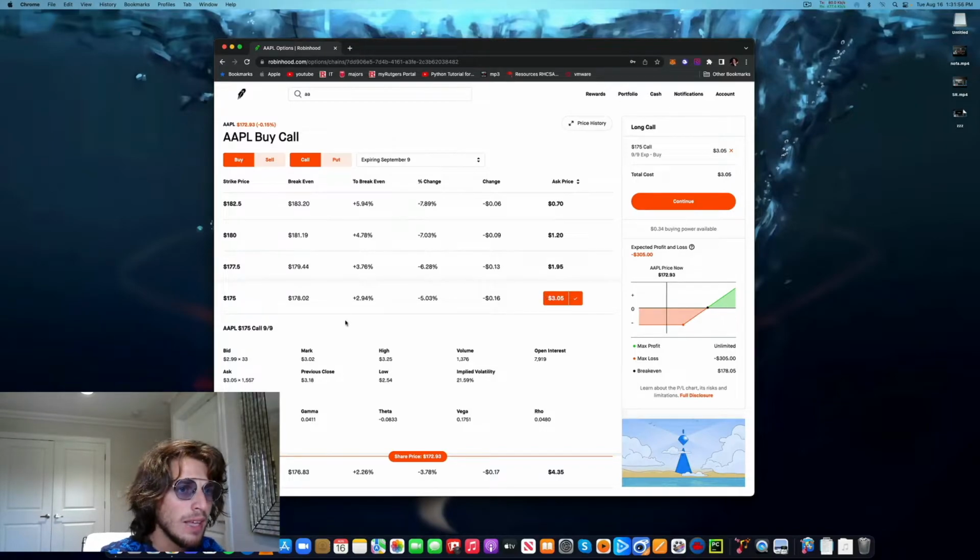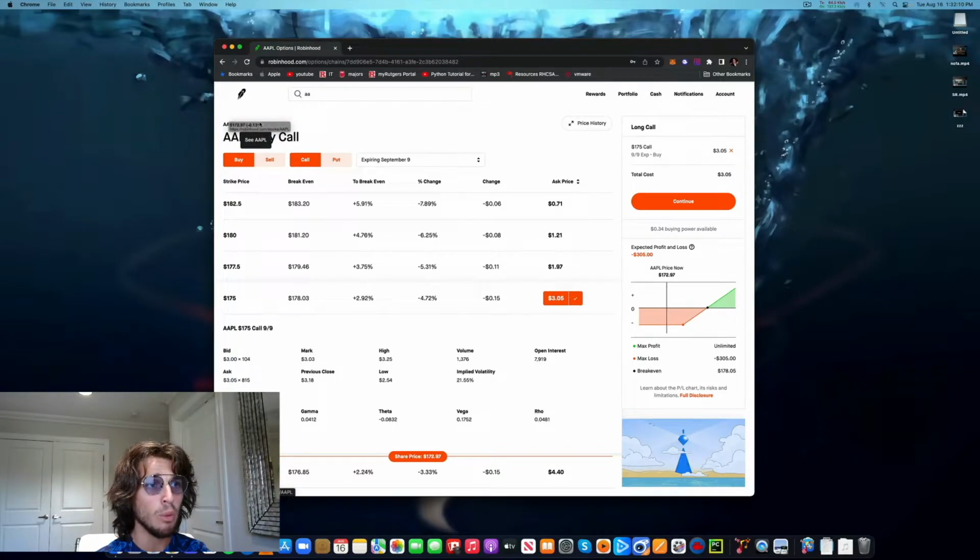So let's say you want a long Apple for the 9th of September with a strike price of this. And obviously these things all fluctuate depending on the price of Apple right now. So let's say Apple tanked down to 171 in the next hour for whatever reason. That would make this call less expensive because it's less likely to happen since you're already at more of a deficit going in. So here's the $175 call, and the total cost is $3.05, which basically,